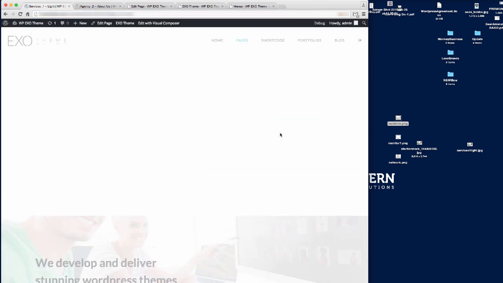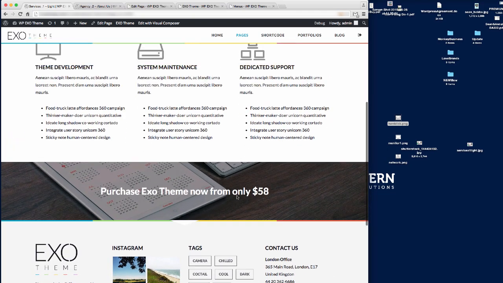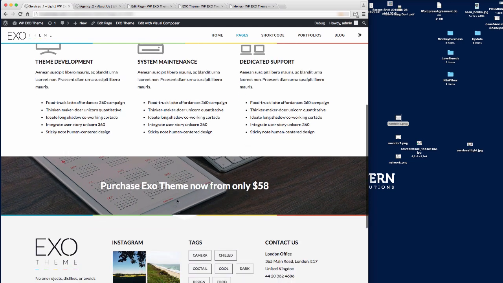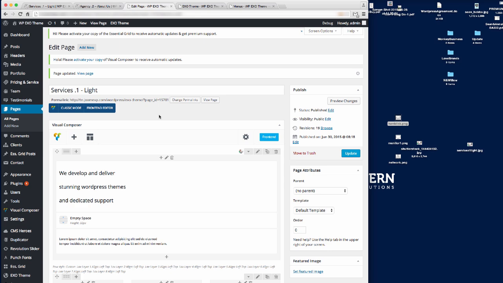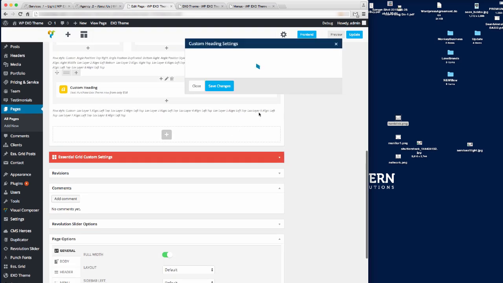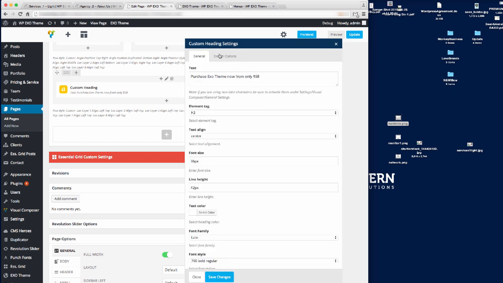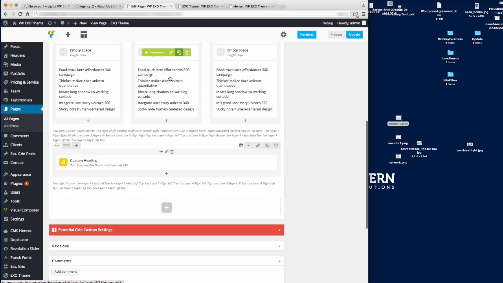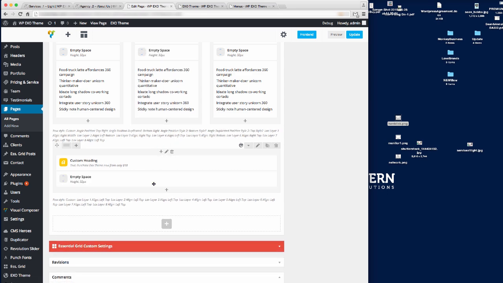just refresh that. So you can see here now we're starting to get the image in the middle with the text, and we want to add a bit more text, and then we want to add a button on there as well. So in fact I am just going to make that text a little bit bigger. So we'll make that 42 on 46 pixels, save that, and then we want to add an empty space, so I'm just going to duplicate that one, drop that down there, and then we want to add a text block,